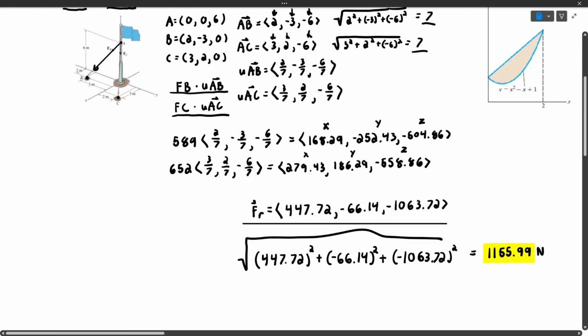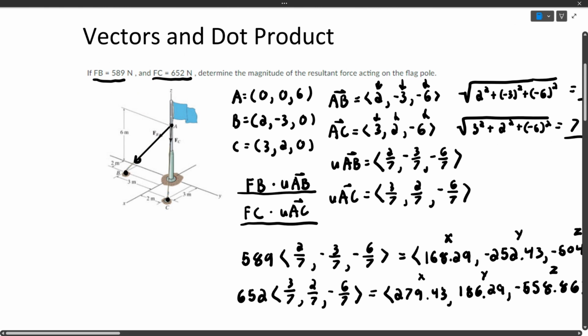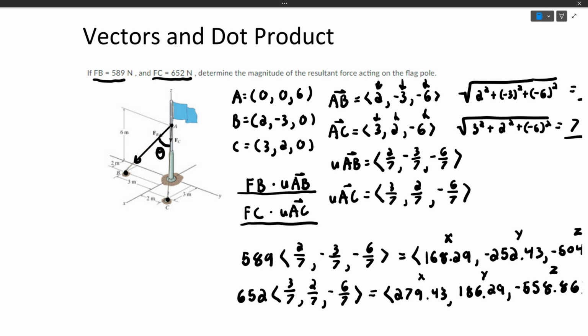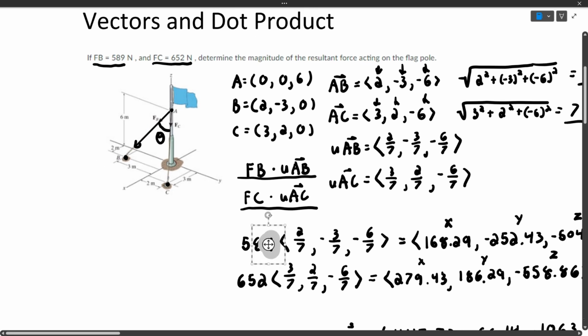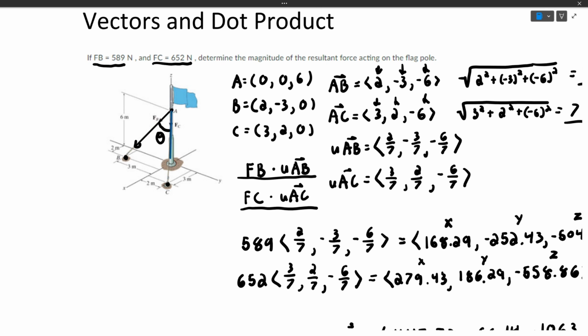And for the dot product, I want to show how you'd be able to find the angle between these two vectors. So let's label this angle right here theta. Now we can use the identity over here. Let me draw it out. I'm going to label the blue vector B, and the black vector A. So we can use the equation A dot B is equal to the magnitude of A times the magnitude of B